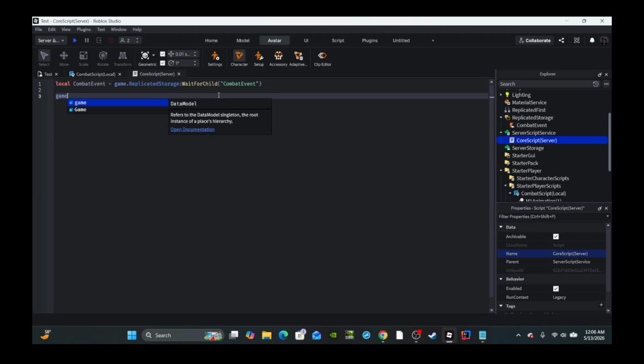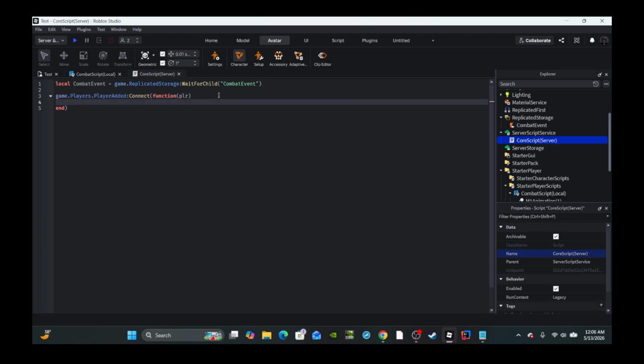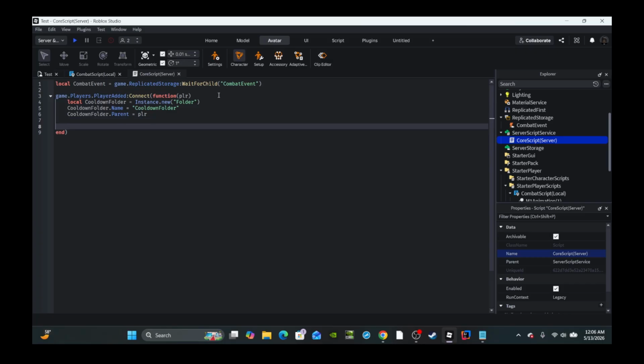Then from here, we're going to create a function: game.Players.PlayerAdded:Connect(function(plr)), where plr is short for the player who joined the game. This function will run whenever a player joins the game. We need to create a cooldown folder. This will keep track of whenever a player is on cooldown or has a cooldown on something. cooldownFolder is equal to Instance.new("Folder"). Then cooldownFolder.Name is equal to "Cooldown", and cooldownFolder.Parent is equal to the player. And then we are also going to create